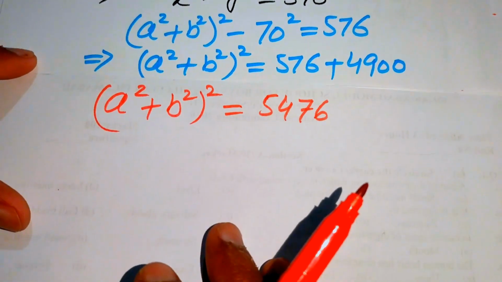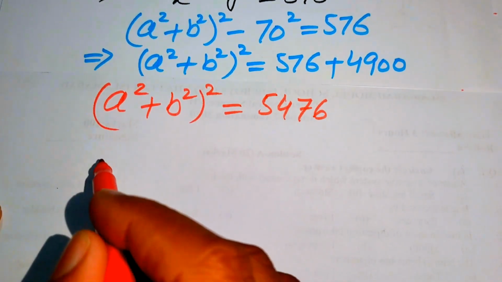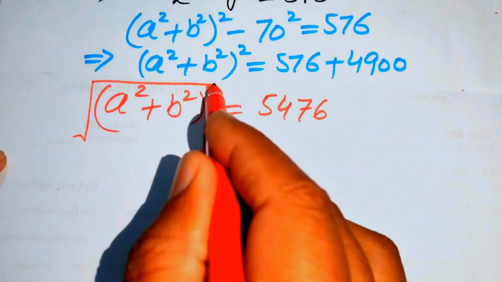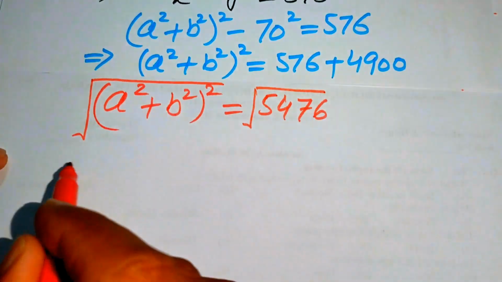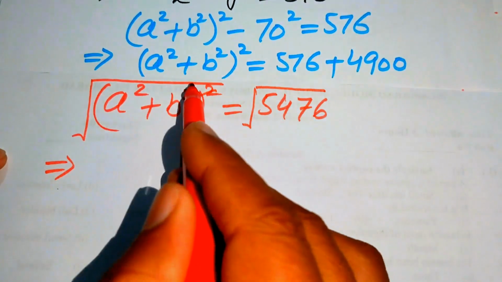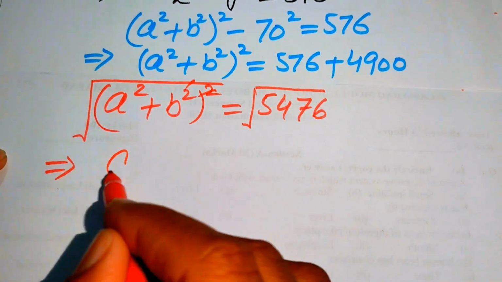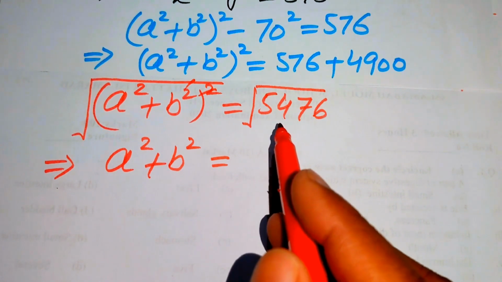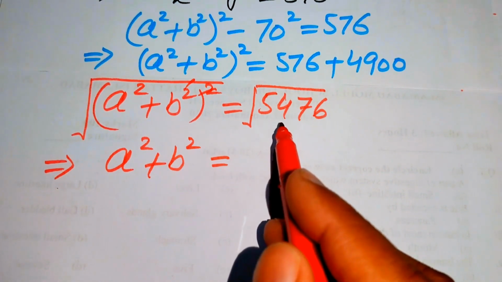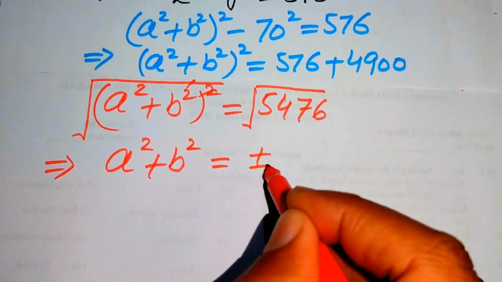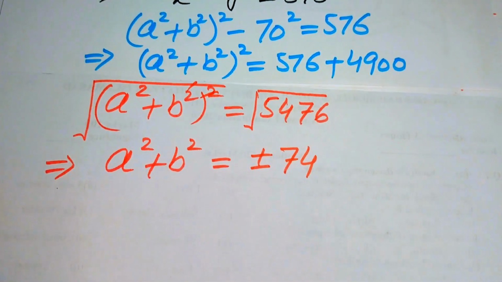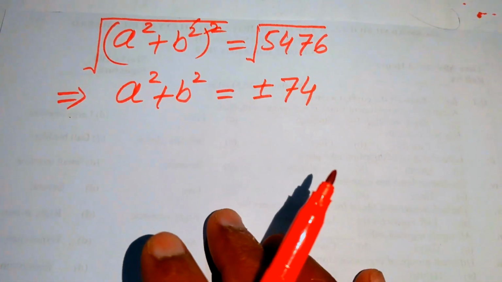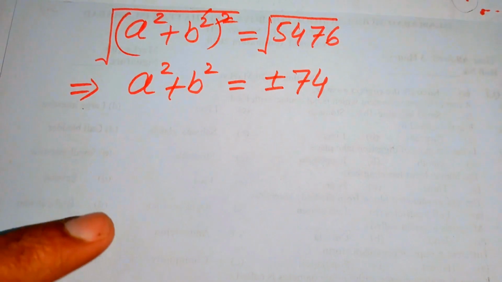Now we take the square root on both sides. The square and square root are gone and we get a² + b² equals the square root of 5476, which equals ±74. Now in the next step we move towards our final destination, which is to find the value of